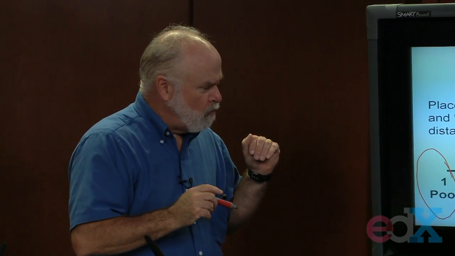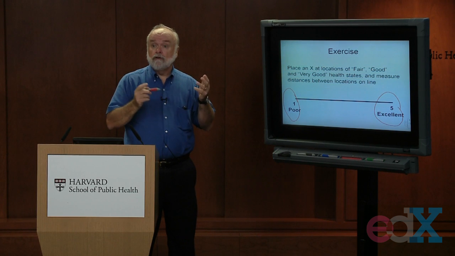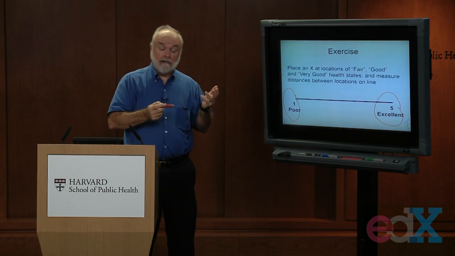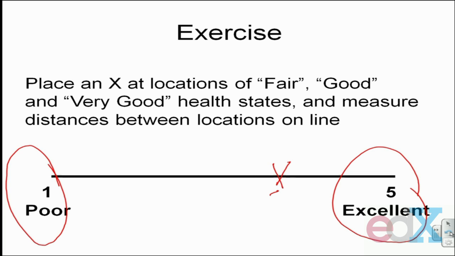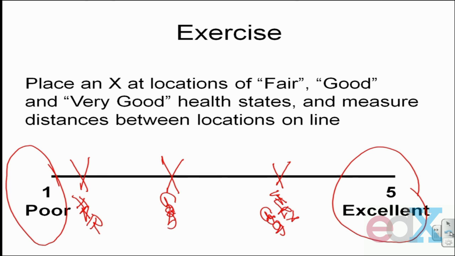And I asked you to draw X's that would represent the location where you would put those other three health states: very good health, good health, and fair health. So you might place an X for very good health at that location,